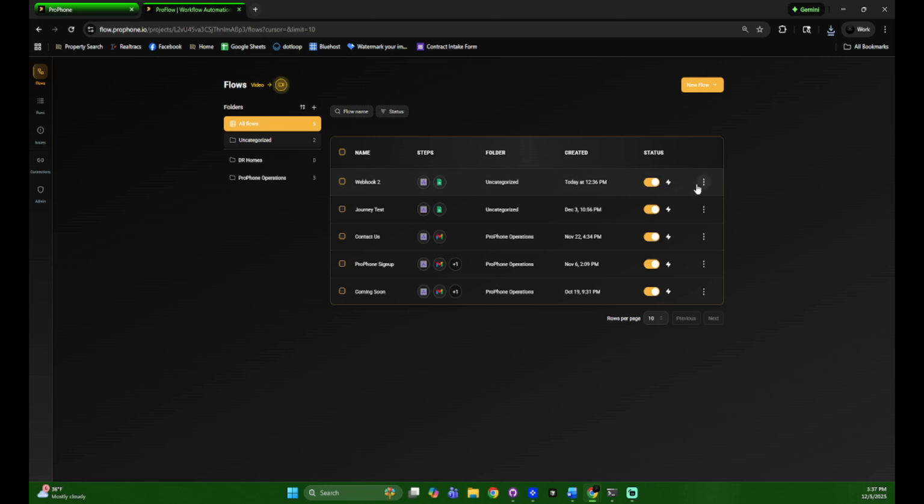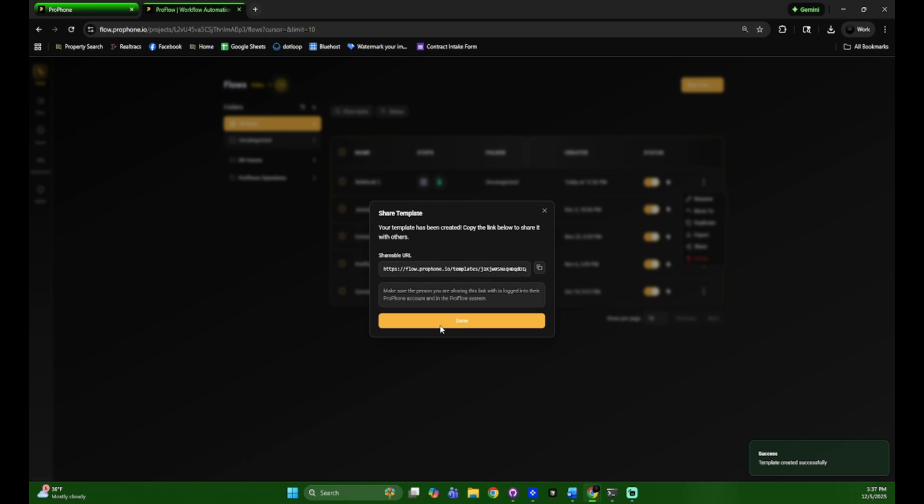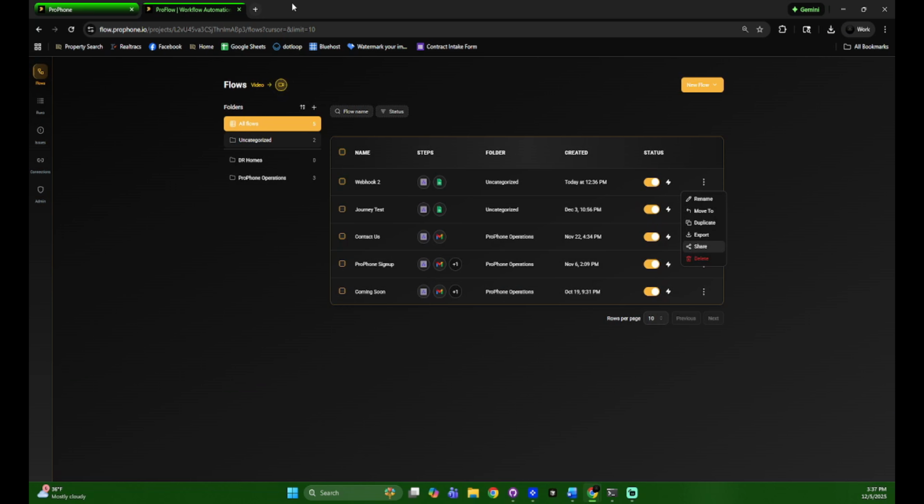If you don't want to export via file, you can share it via a URL or a link. So you can click on this, click share. Let's give it a name. Let's call it test flow. Okay, this link will expire in 7 days. Once it's generated, click confirm. And then you can basically copy this link and give that over to them. If they put it in their system,